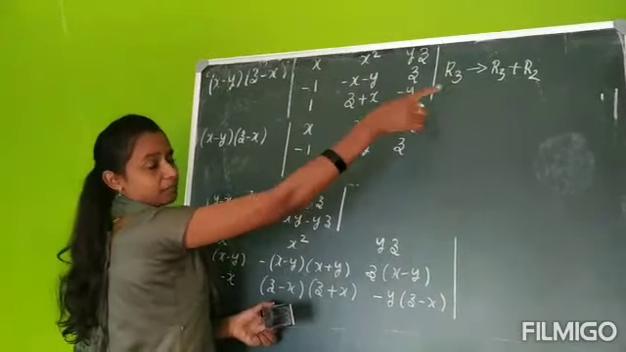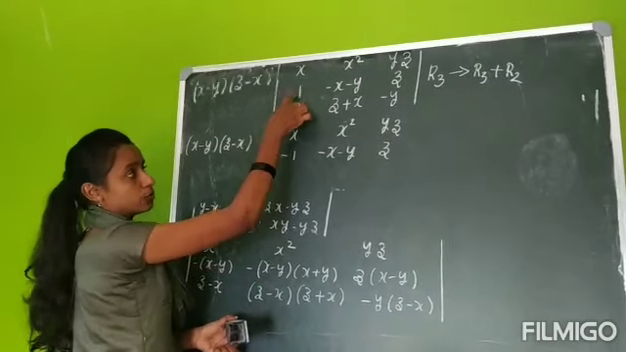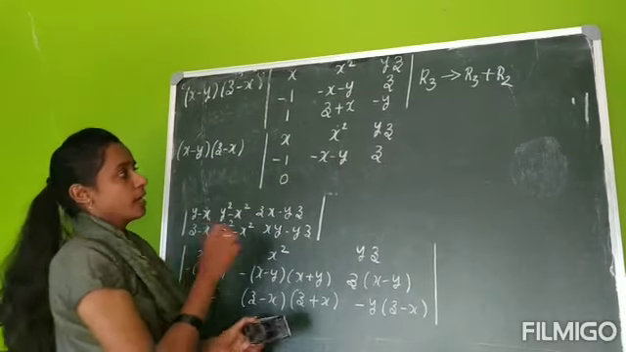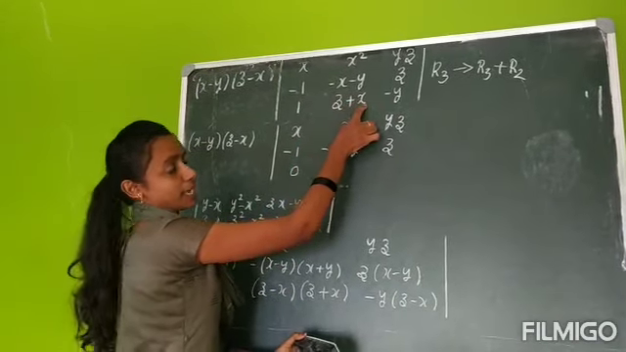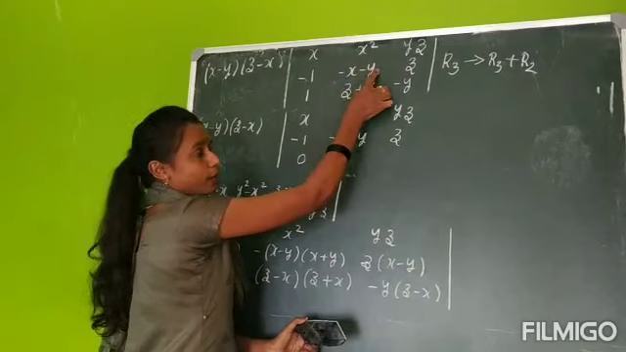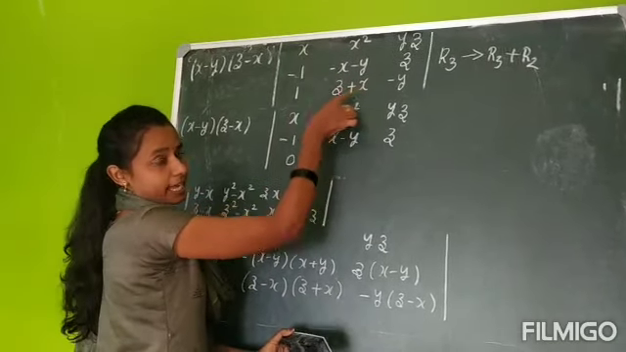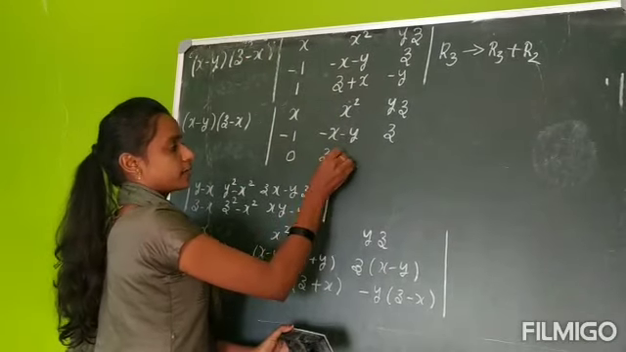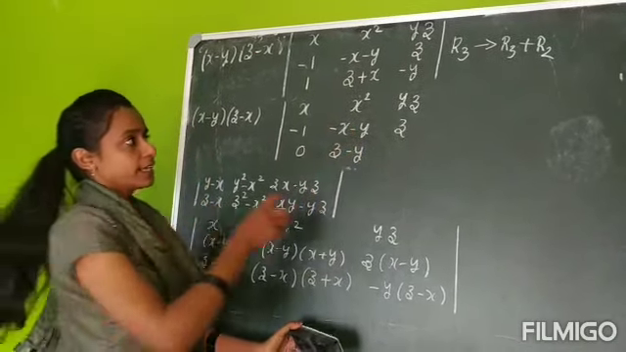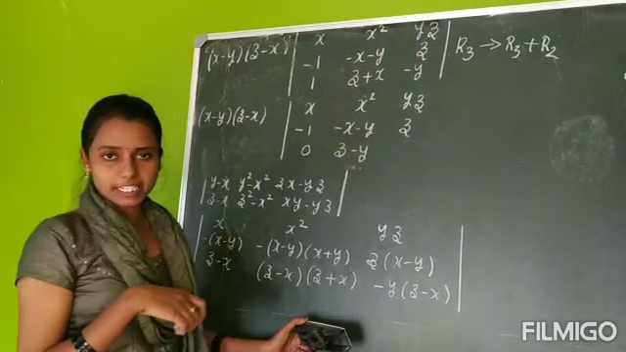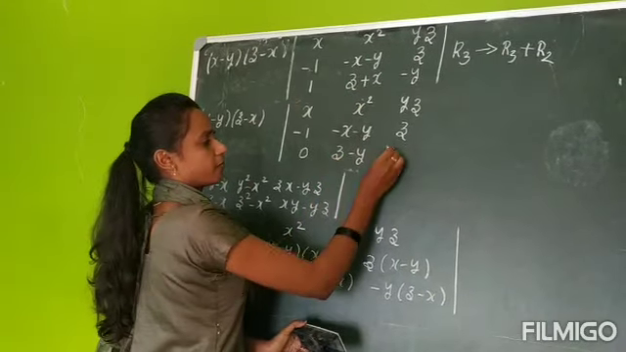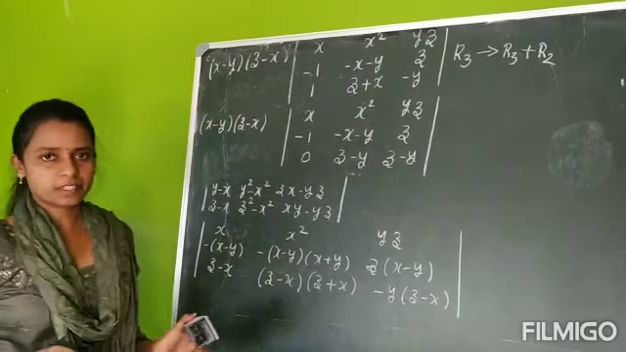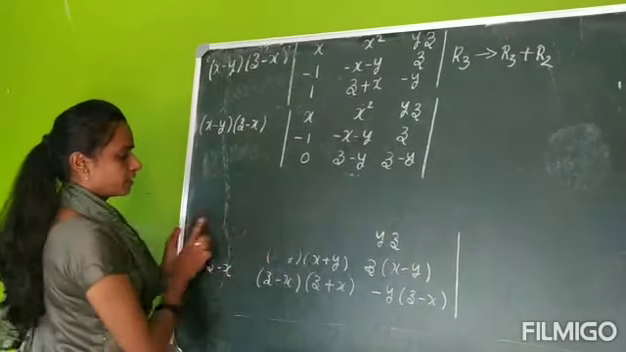Here is R3 implies R3 plus R2. Plus 1 minus 1 get cancelled, remaining is 0. Next here is z plus x minus y, minus x plus x get cancelled, remaining is z minus y. Next here is minus y and plus z, so I just write it in the same format, that is z minus y. Hope this is clear. Now, in the third row,